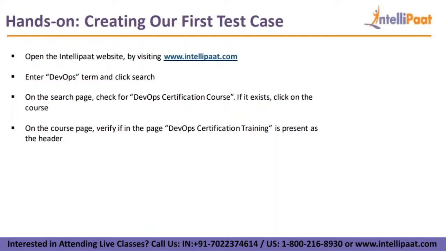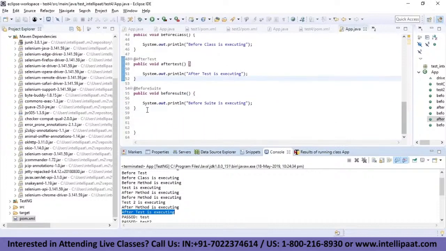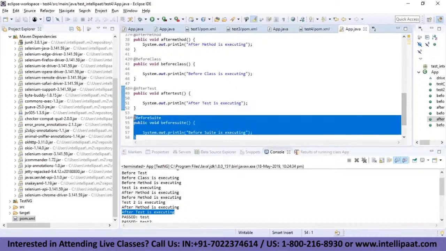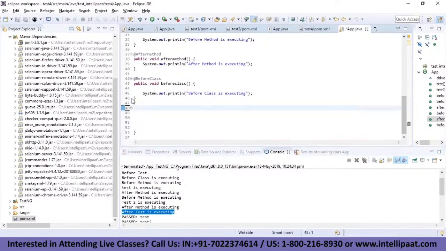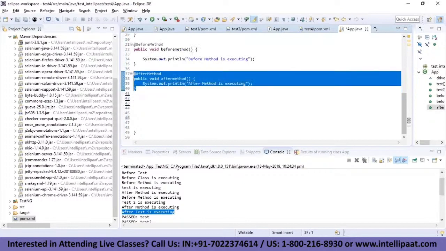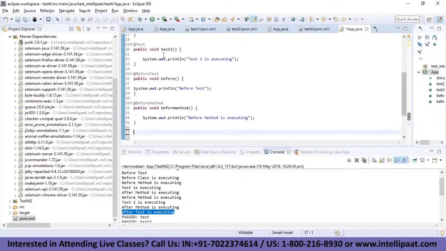Okay, so I'll come back to Eclipse. All right, and let us just have the @Test method for now. So what I can do is I can remove before suite. I can remove after test. I can remove before class. I can remove after method. I can remove before. Okay, let's try to keep these. And let's say what I want to do over here